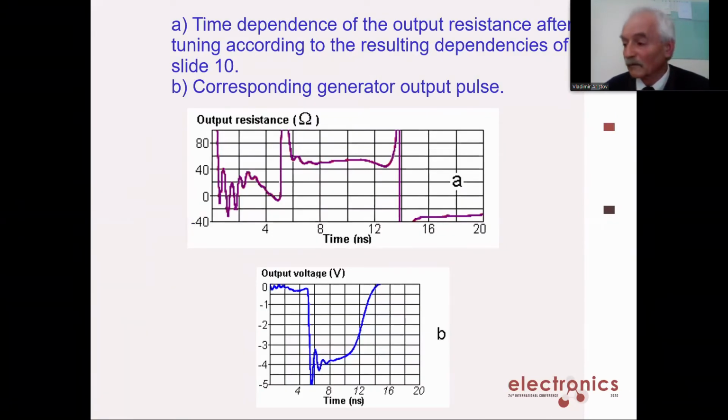Adjustment of the pulse generator, which allows getting an output resistance close to the characteristic resistance of the line, does not always mean a satisfactory tune-up. Selection of the optimal nominal value of a particular element may cause an increase of rise time of the output pulse or a decrease in its amplitude. Therefore, we should be guided by expediency of adjustments and choose a compromise. As an example, here is a view of the output resistance and an output pulse. They correspond to a good tune-up of the circuit according to the above described.